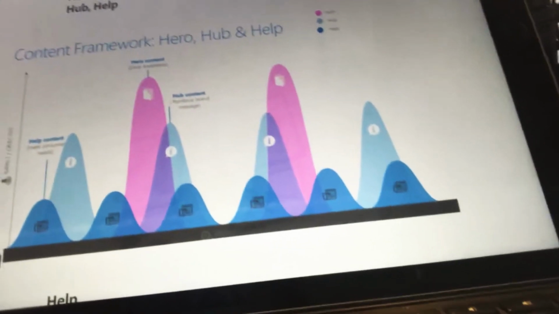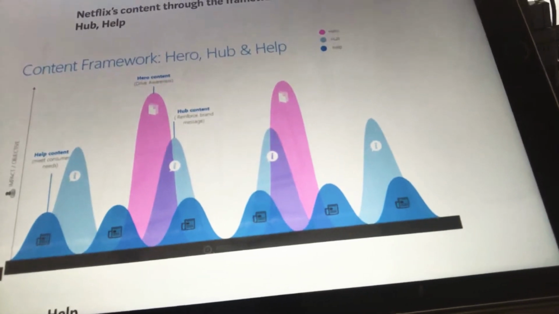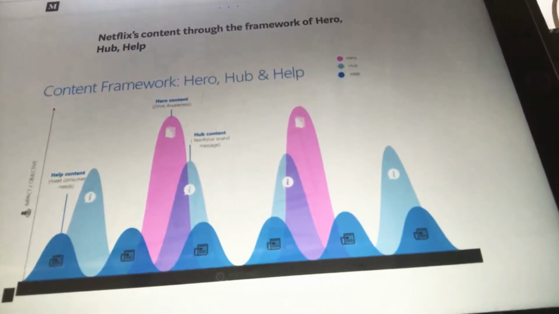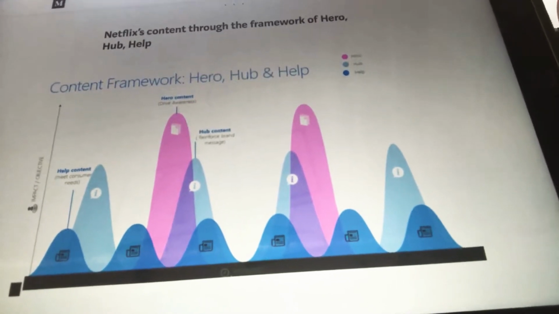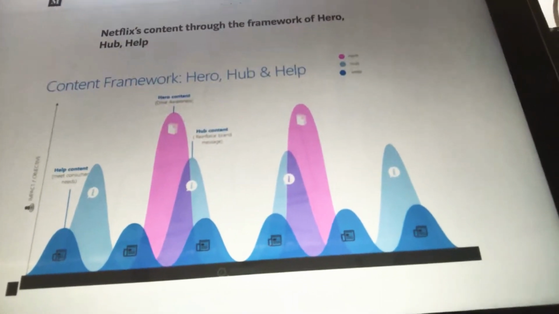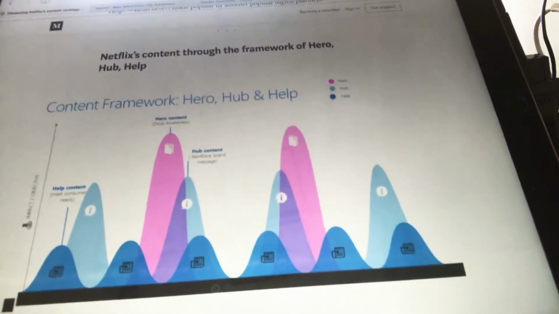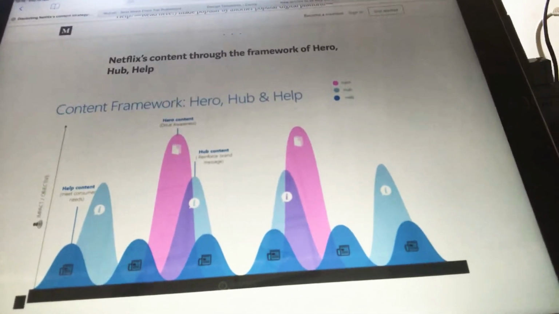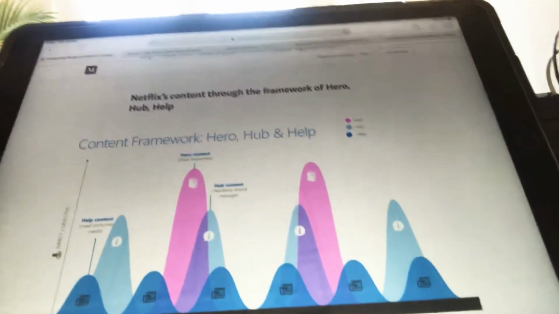And if you plan your content throughout the year, usually this is how they are related to each other. So as you can see, the pink ones are the big hero moments in the year. You will get a lot of attention. In between, the other little peaks are your hub content about your company and your brand, just not a campaign, about us content. And then, as you can see, the little humps in between very regularly are there as well throughout the year, the help content, which will help you a lot in terms of search engine optimization. So this is how you can plan your content throughout the year using the hero, hub, help model.